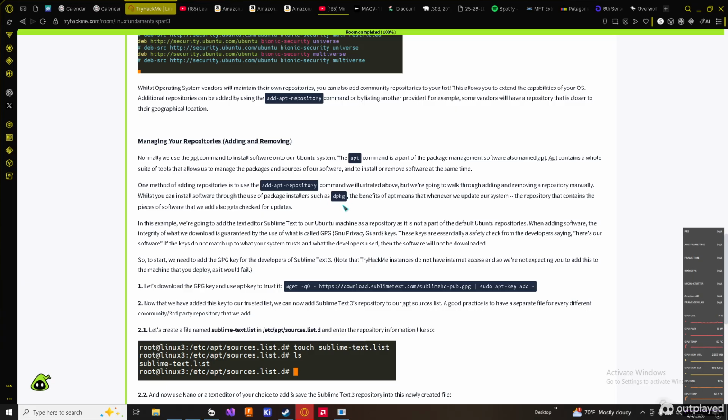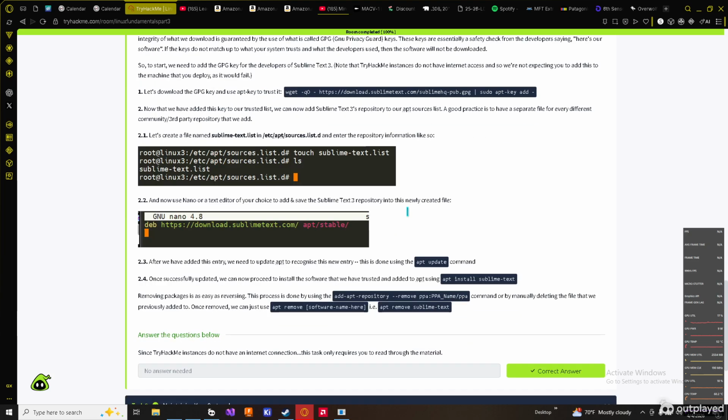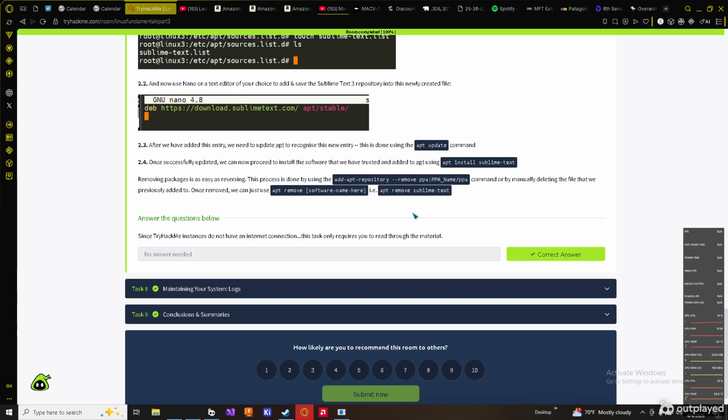along with dpkg. And for downloading the GPG key, this would be what you would put in the Linux machine. Anyhow, moving forward,